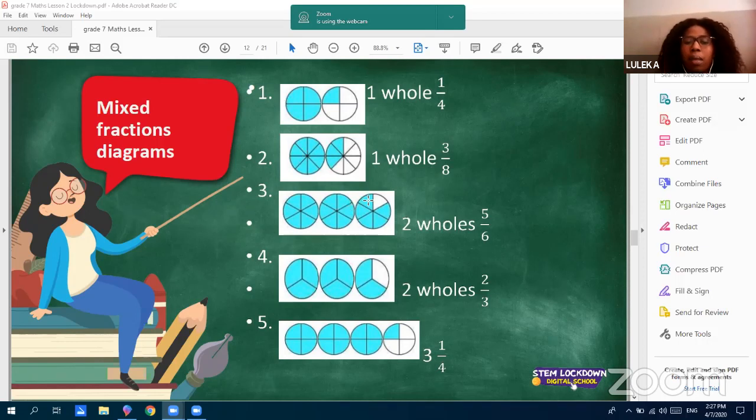So it's the same example. For example, number 3, we have 3 circles, they are all cut into 6. That's why our denominator is 6. So the first one, all shaded. The second one as well, all shaded. And then the last one,